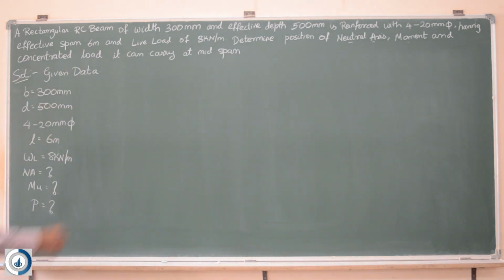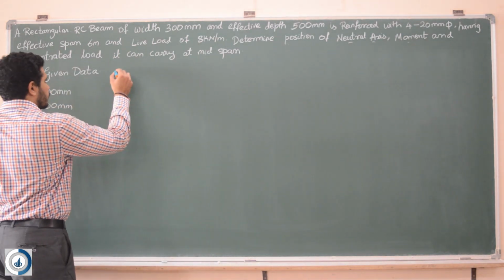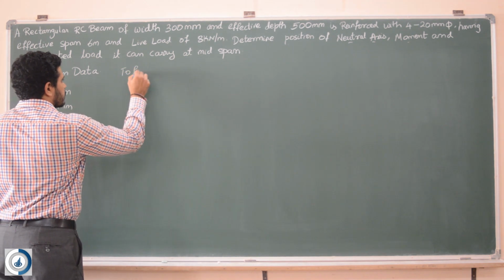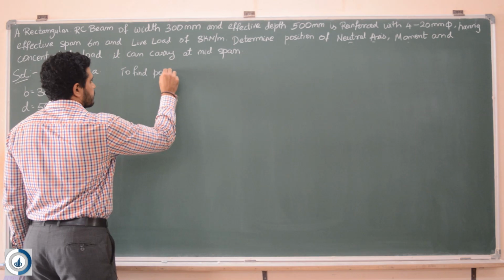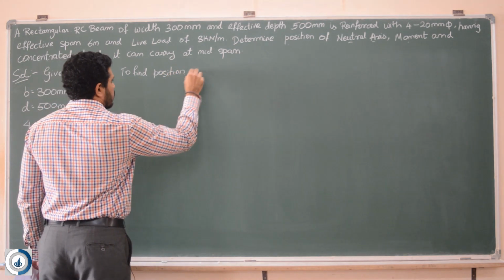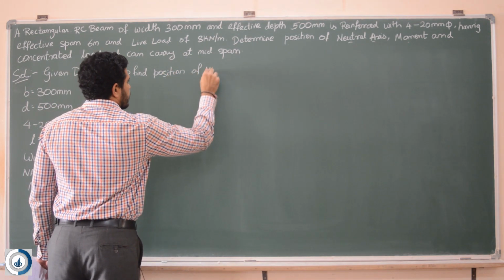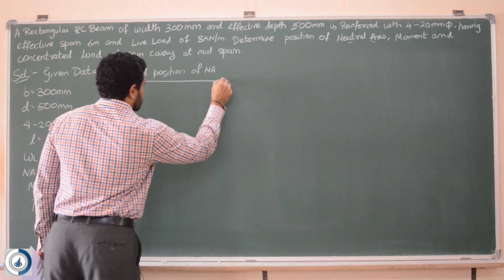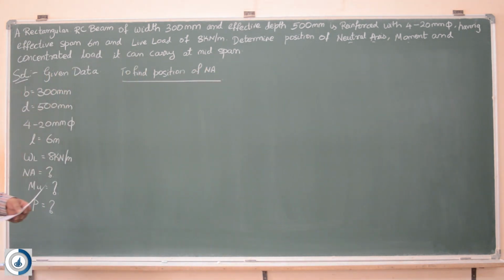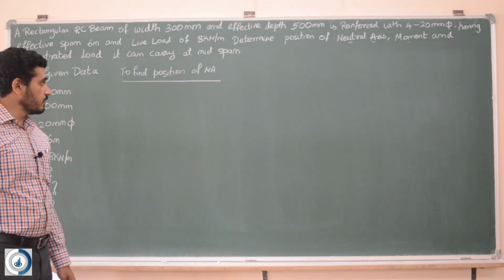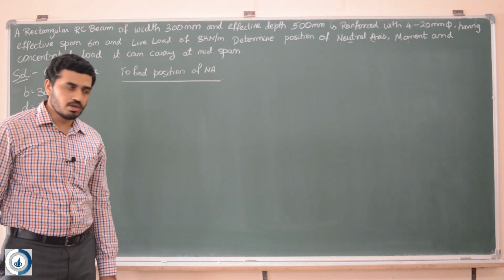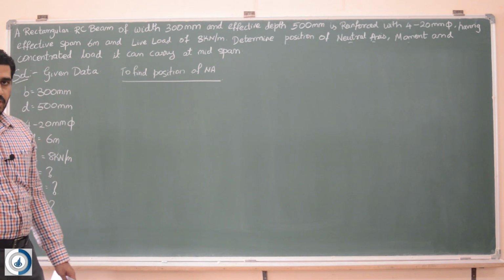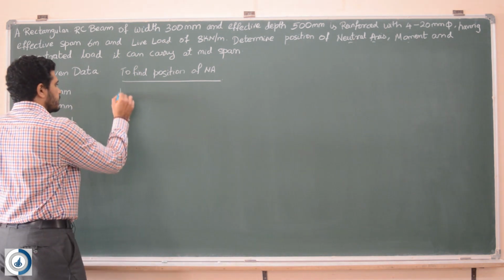The first part in this problem is to find the position of neutral axis. So this we are going to find first, and you have to have your IS 456 2000 RCC code book. Without that you cannot proceed with this problem. From page number 96,